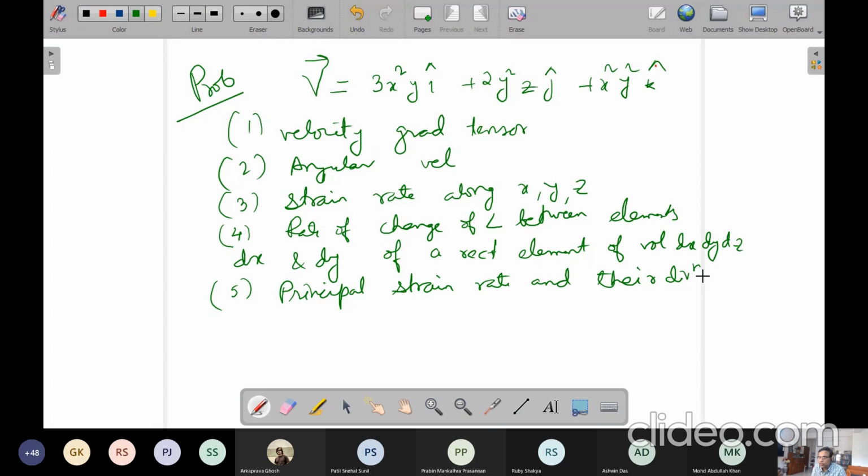Okay, so try to solve this problem. I will give you about, say, maybe a couple of minutes to think about how to solve this. Maybe you can also do some calculations. So after a couple of minutes, let us discuss the solution of this problem and whether we can open up some new concepts through the solution of this problem.